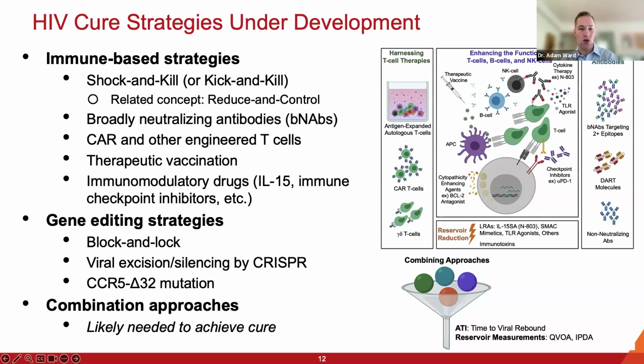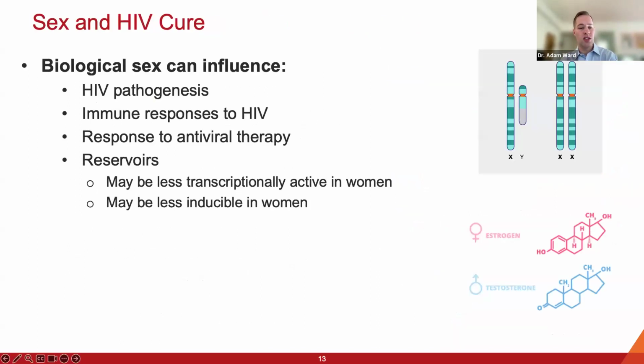and we'll see what these clinical trials show. So Dr. Jessica Prodger in the previous webinar covered sex and gender and HIV cure. So I'm only going to briefly touch on this, but it has been reported that biological sex as assigned at birth can influence HIV pathogenesis, immune responses to HIV, the person's response to antiviral therapy, how effective antiviral therapy is,